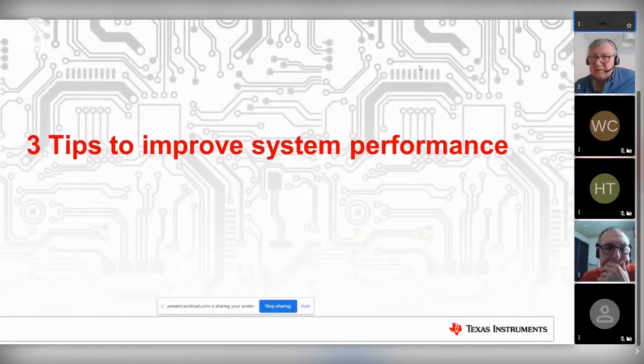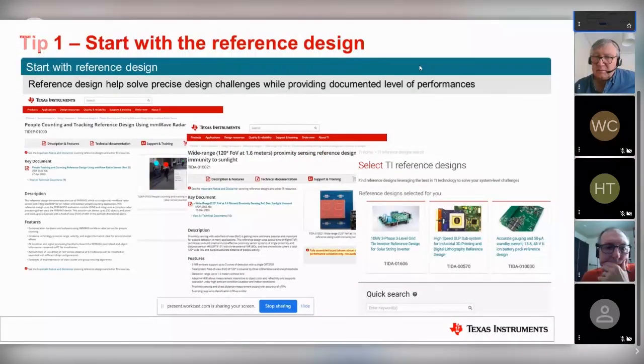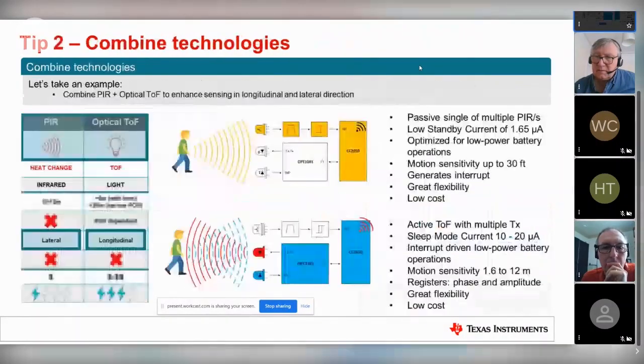So tips. As you have seen, we have a lot of reference designs. You can just take the design and build on top of it to improve the performance. That will probably be the easiest and the fastest way for you to make a product. So just improve the design that we make available. Second point is